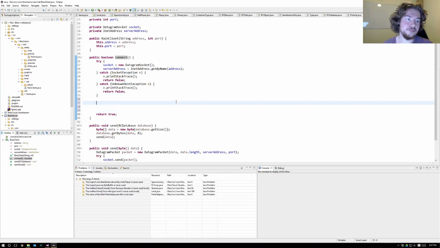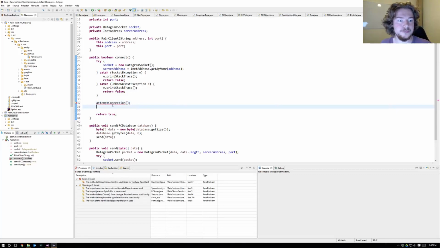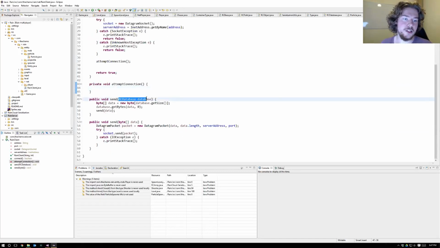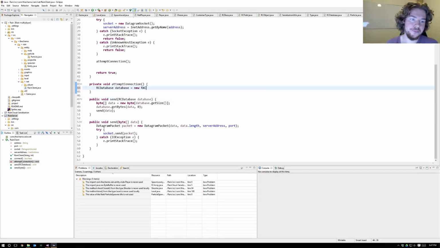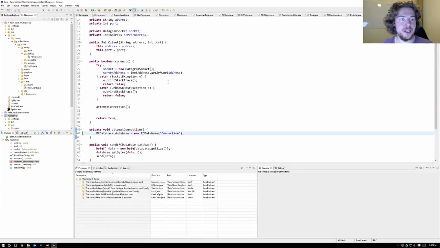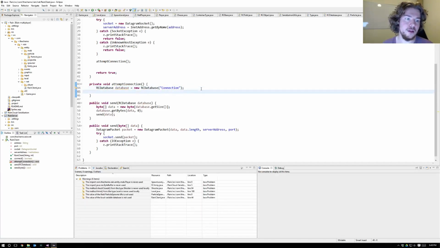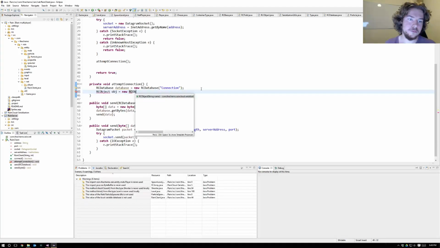So attempt connection will be a private method that essentially constructs a database called connection. I imagine we'll take in some information such as, so we'll have like client info,